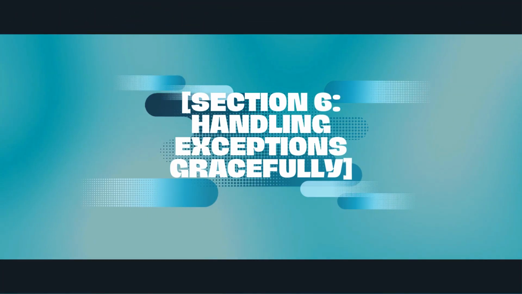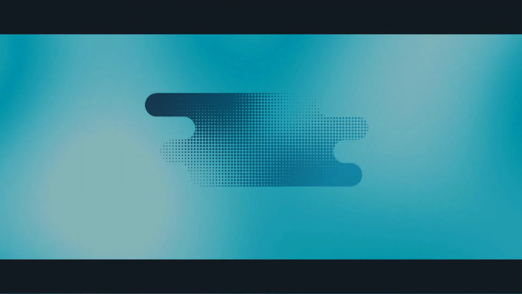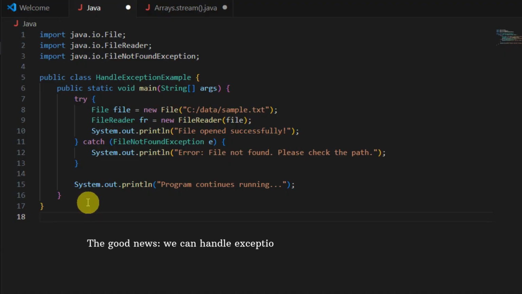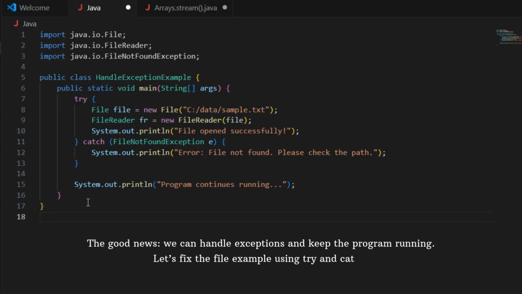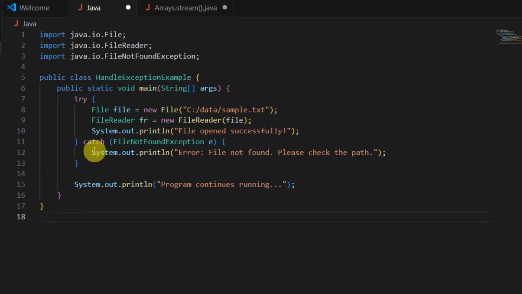Section 6, handling exceptions gracefully. The good news, we can handle exceptions and keep the program running. Let's fix the file example using try and catch. import java.io.File, import java.io.FileReader, import java.io.FileNotFoundException,